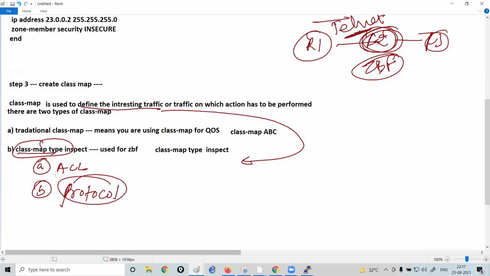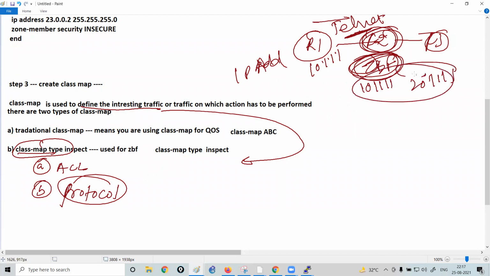But if you want to classify the traffic on the basis of IP addresses only, you tell the router that whenever you receive traffic from 10.1.1.1 to the destination 20.1.1.1, perform this action. In that scenario, you can create the ACL. Is it clear? So you have two options to define your interesting traffic. Either you can configure an ACL or you can configure the protocol directly.